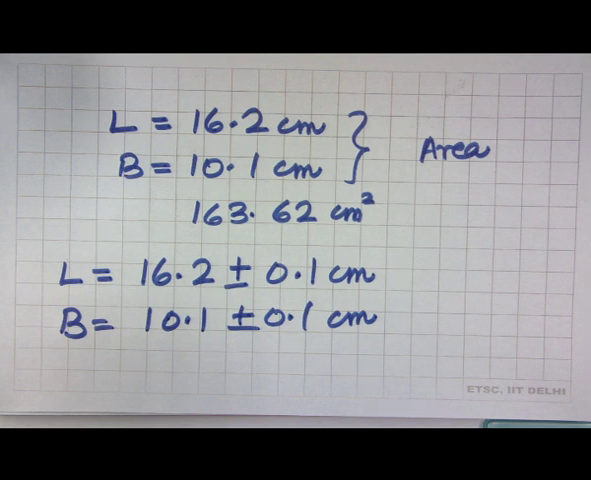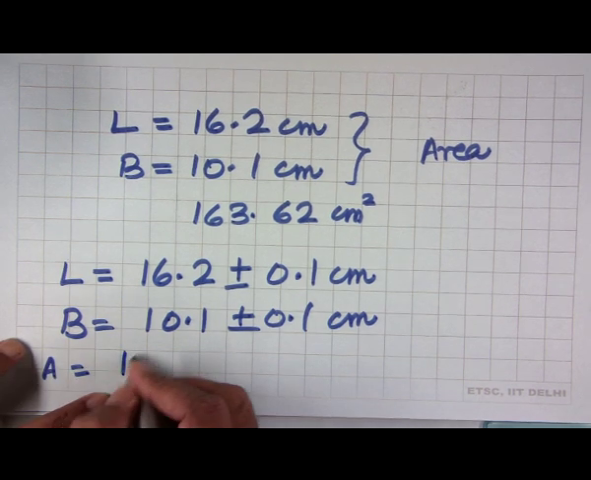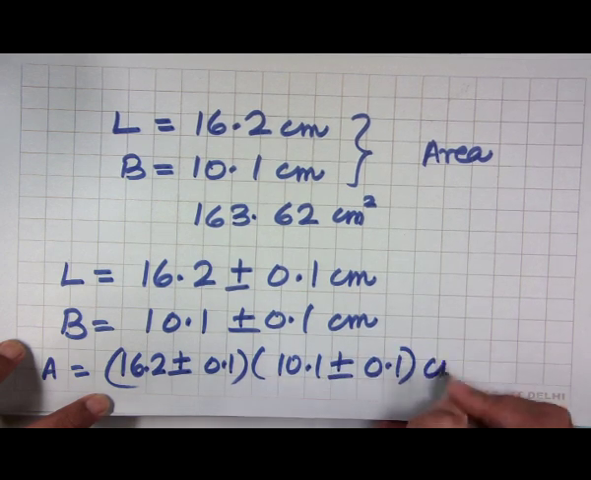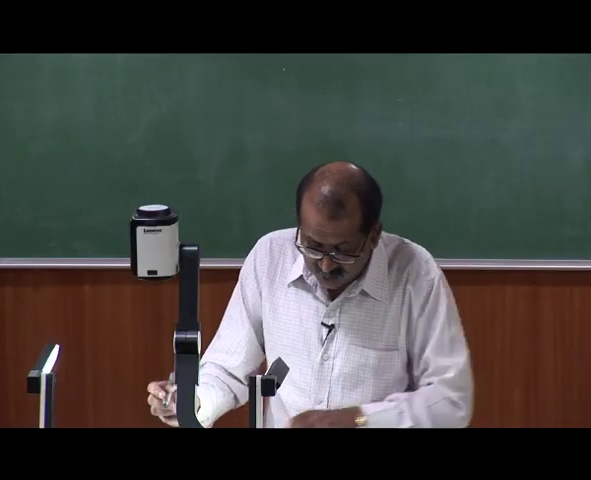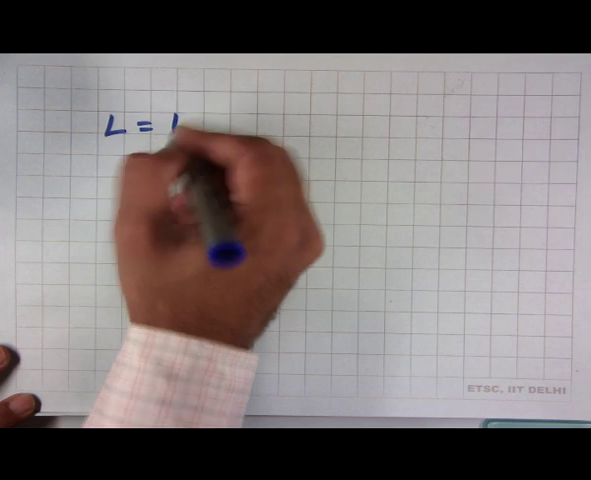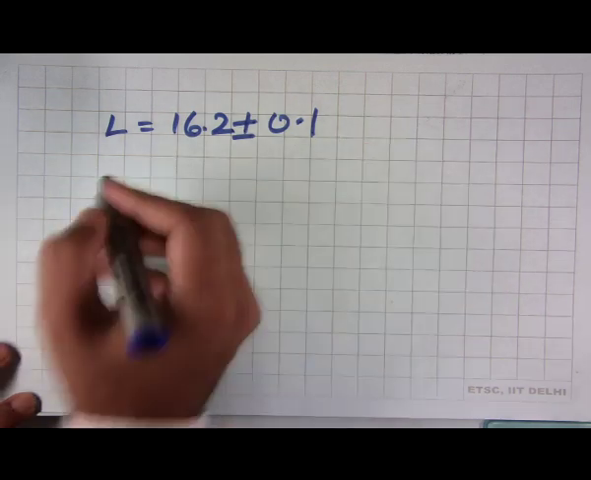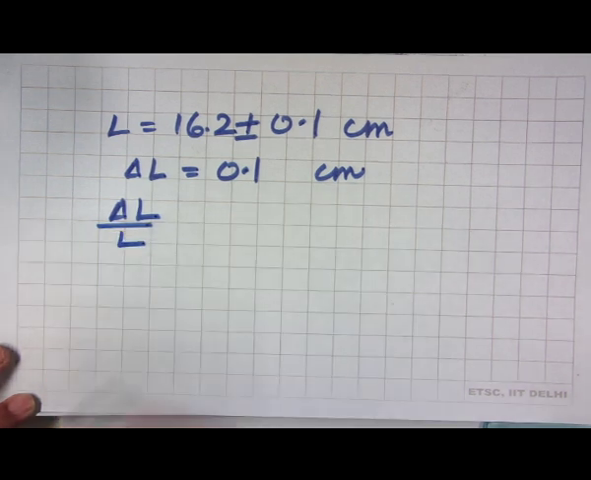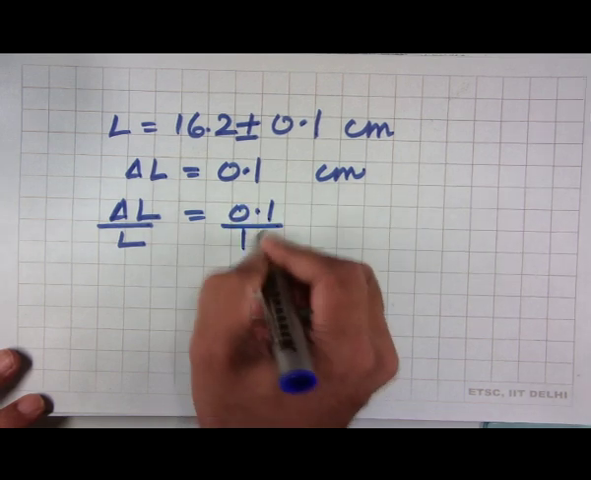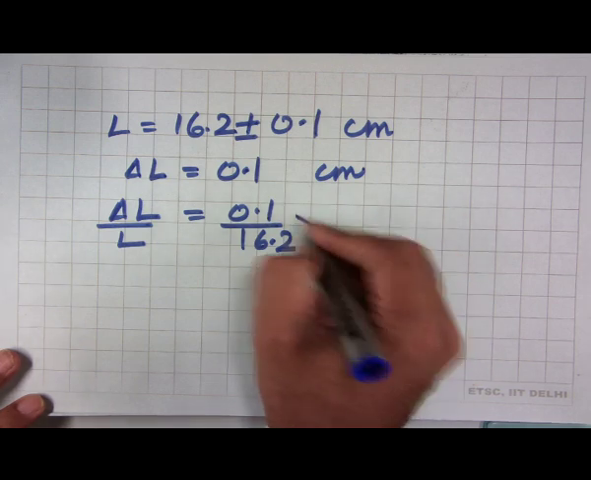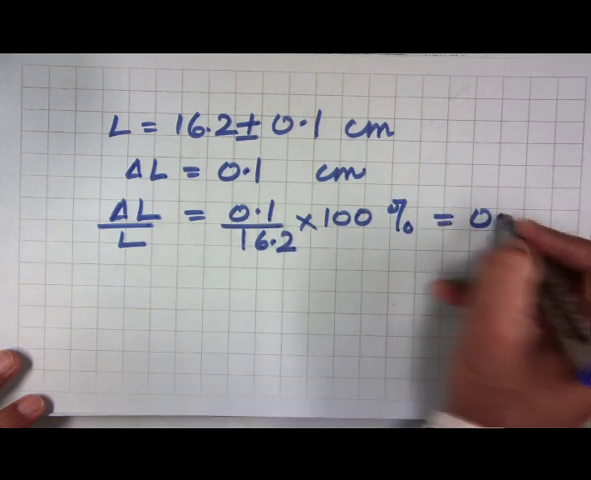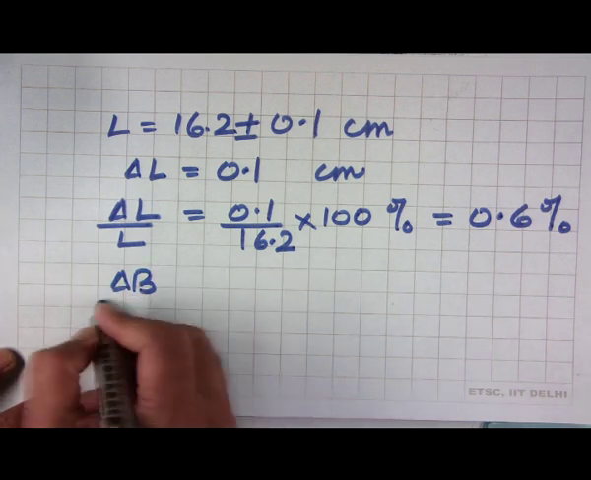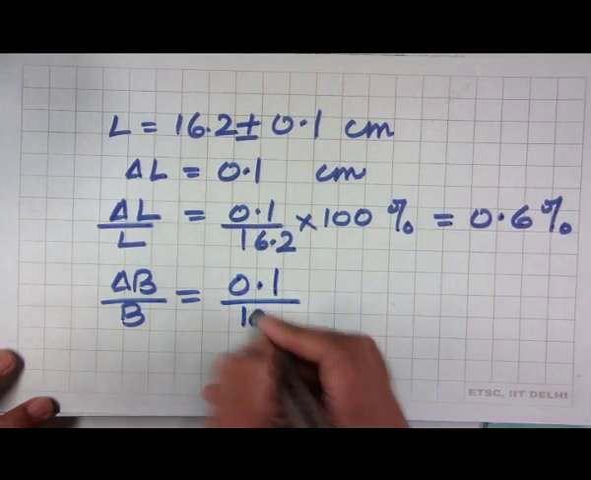Now, when we multiply the two, we will get the area, and area will be equal to 16.2 plus minus 0.1 into 10.1 plus minus 0.1 centimeter square. So, let us see how to work this out. If L is equal to 16.2 plus minus 0.1, then delta L is 0.1, and the relative error in length, which is delta L by L, will be equal to 0.1 by 16.2, and if I express it as a percentage, this will be equal to 0.6%. Similarly, when I look at breadth, delta B upon B will be equal to 0.1 divided by 10.1